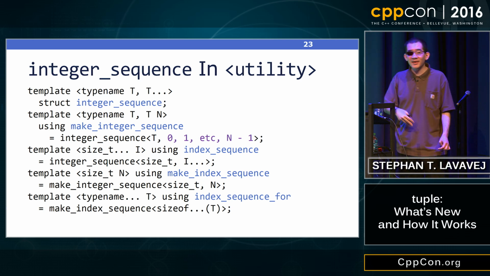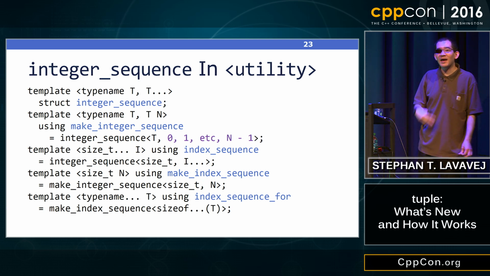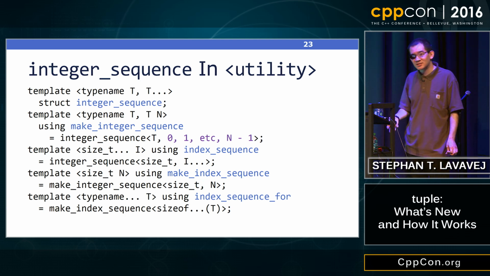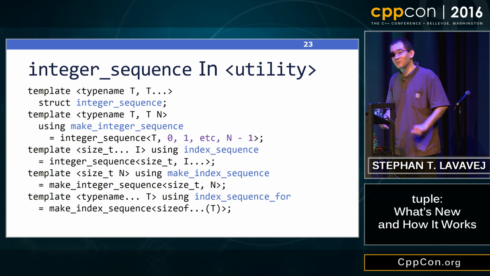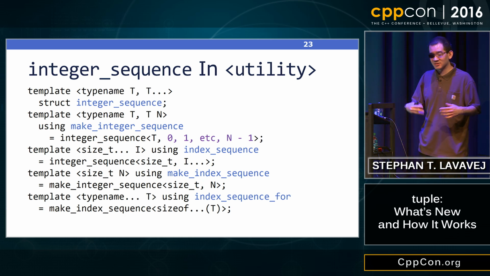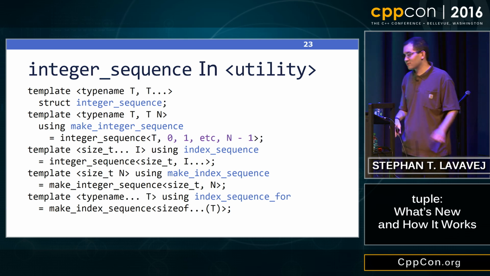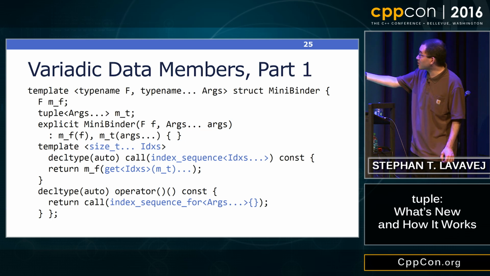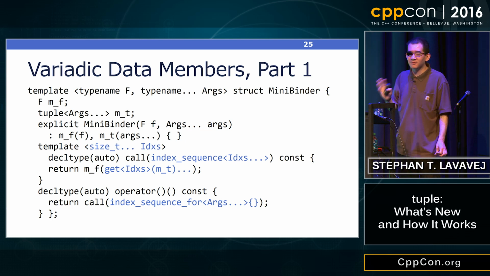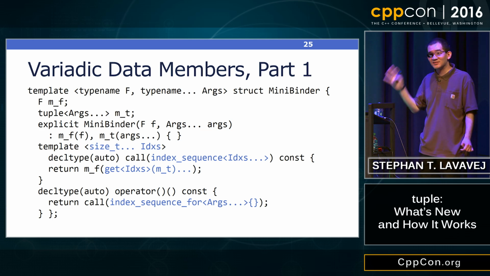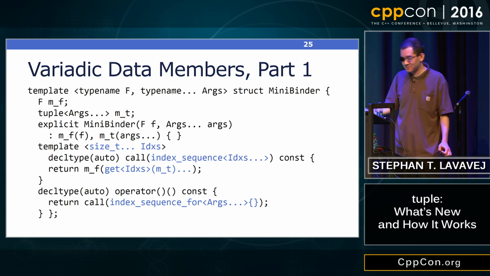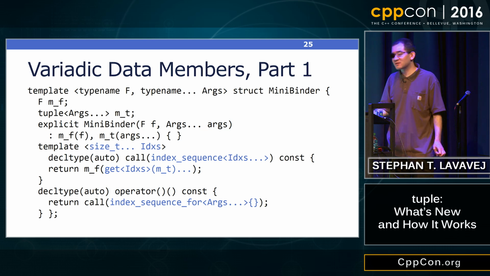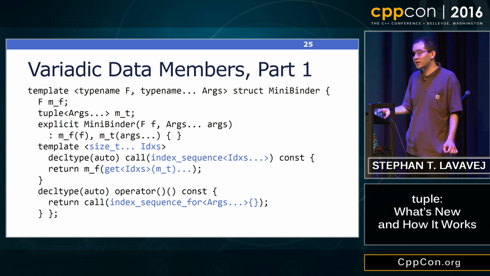And then that expands to make integer sequence size_t of 3. And then that becomes the type integer sequence of size_t. And then the indices are 0, 1, and 2. And these are exactly the indices that I need to access a tuple of int, string, int or whatever the types that I said. 3 of them would be accessed with 0, 1, 2. So now that I have formed that type, I make an object of that tag type. That's those empty braces in the lower right. I could have used parentheses as well, but empty braces reinforces the fact that this is a tag object and not a function. So once I've got a tag object of type integer sequence size_t 0, 1, 2,